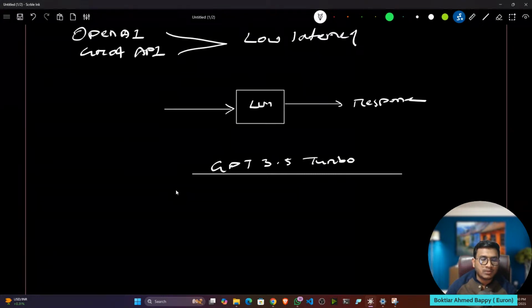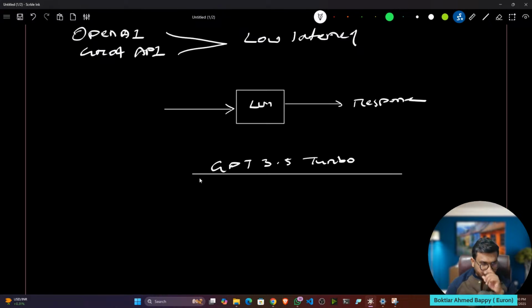With the help of the OpenAI API key, we can directly hit the request and get the response with low latency, because OpenAI has created the entire infrastructure for us. They have hosted the model and given the API to us, and for that they're definitely charging, because nothing is free nowadays. If someone is providing something good for you, definitely they will charge. So that's how we are creating the projects.